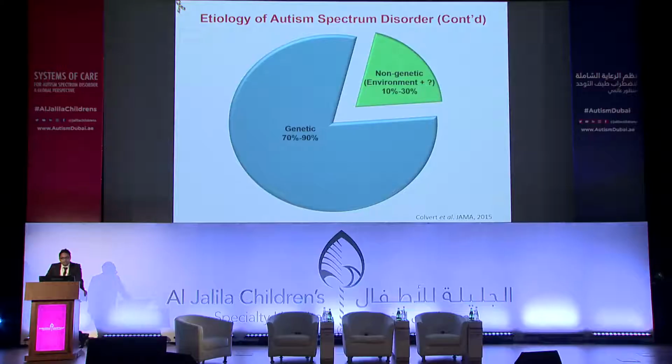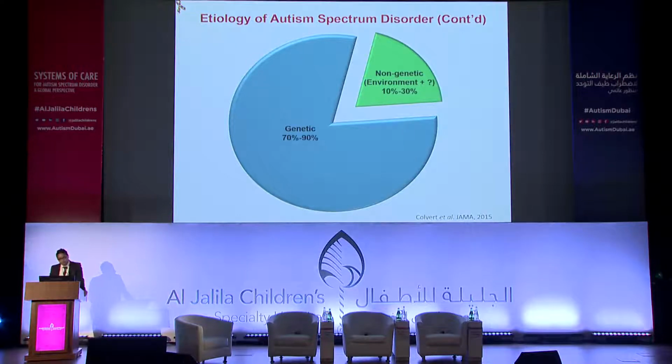So how much of it is genetic? From multiple studies, multiple twin studies, I would say, the genetic contribution to autism ranges from 70 to 90%. So 70 is the lowest and 90 is the highest that has been reported. And this diagram was drawn considering the 70%. And 10 to 30% is the non-genetic cause of autism that we know nothing about.